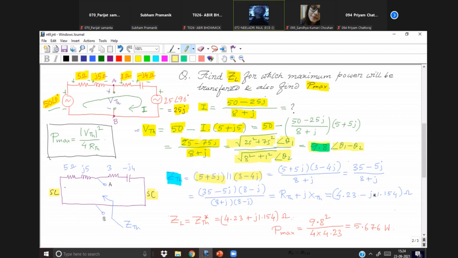Sir, can we write VTH equal to minus 3 minus 4 minus 25J angle 90? I mean, you want to keep the value of VTH in Cartesian coordinates. No, sir, you have considered the left-hand side circuit. I'm saying, can we write it from the right-hand side? Yes, obviously, why not? You are asking about this, I think. Suppose I obtain VTH in this way: VTH equals the current I multiplied by 3 minus J4 plus 25J. Is it? Yes, sir. Exactly. You will get the same answer. Check.